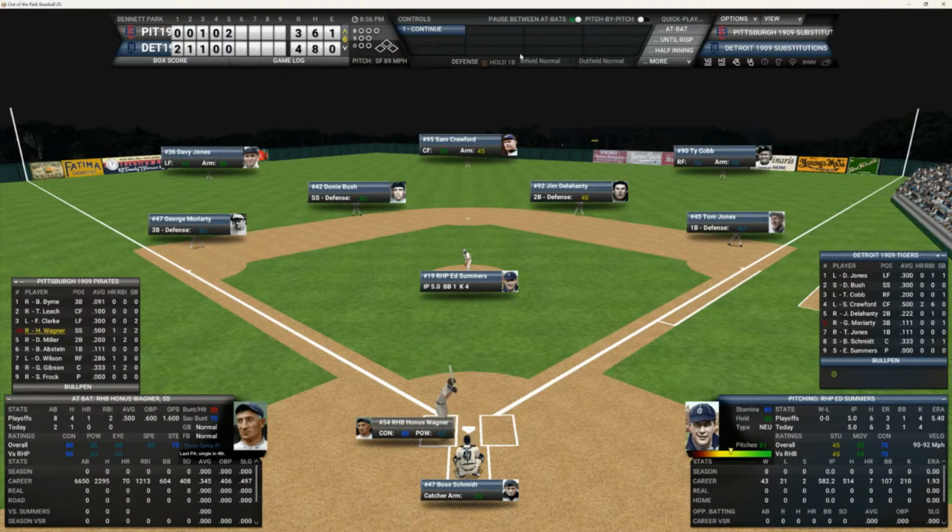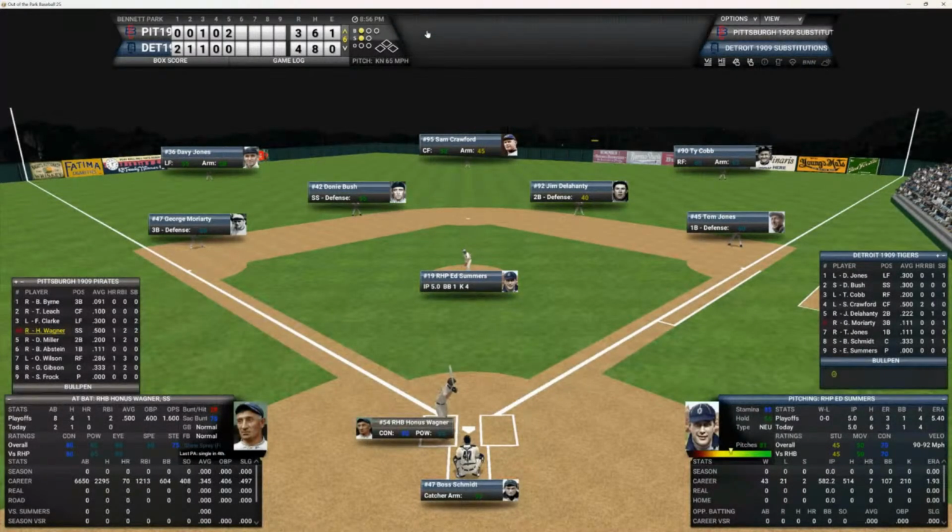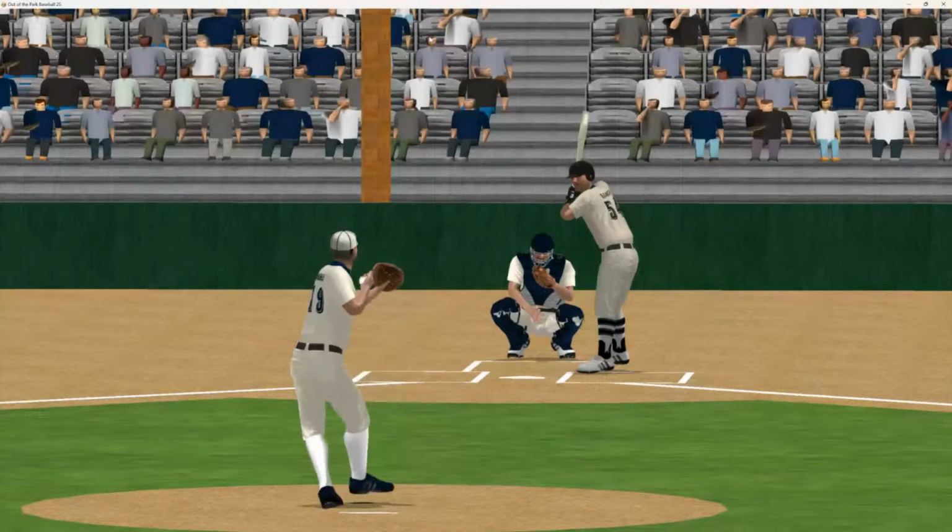Now we got Wagner, Miller, and Abstein due up here for the Pirates. Wagner is 1 for 2 today, batting .500 in the series. Here's the 1-1 pitch to him.